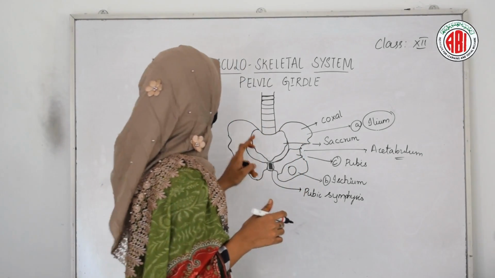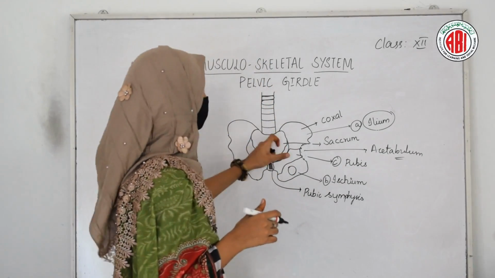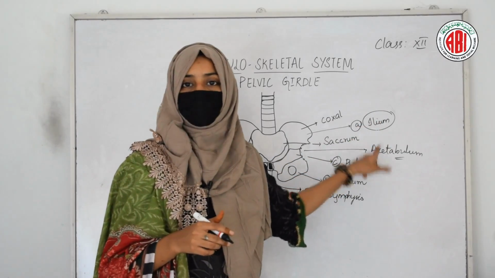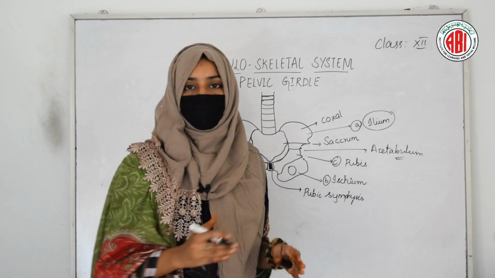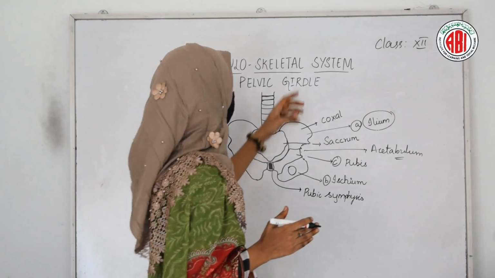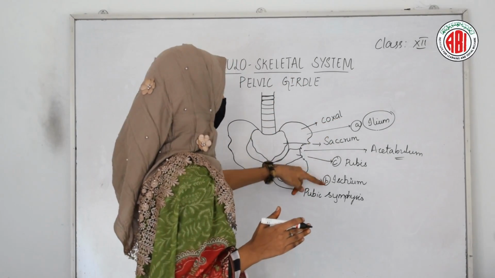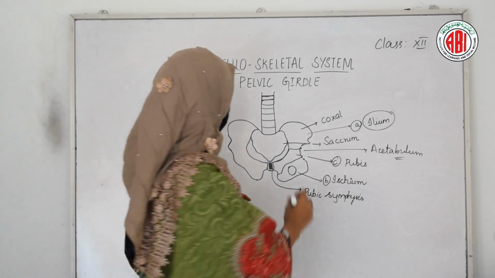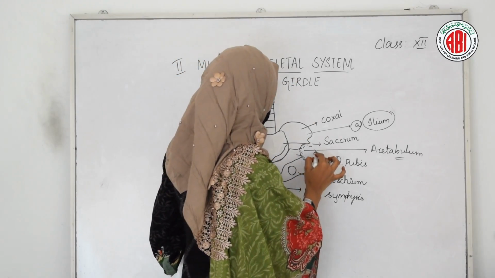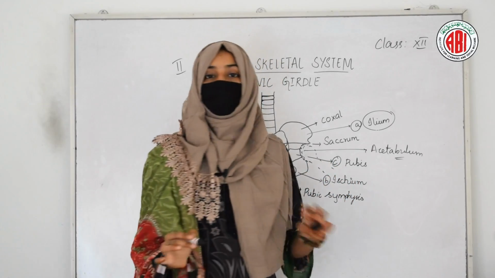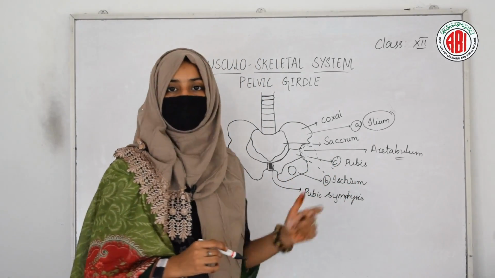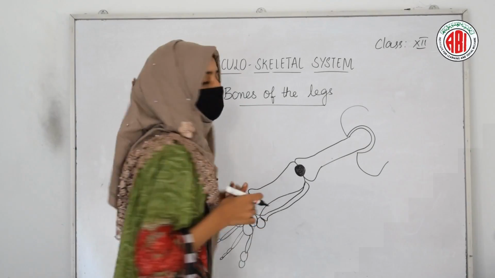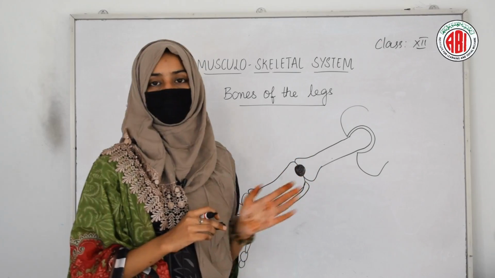So the bones of the lower limb can get fixed into a region called acetabulum. And acetabulum is a cavity, or a depression, which is formed by the three regions, ilium, ischium and pubis of our coxal bone. Now let us see how this acetabulum provides the space for the bones of our leg. Let us see the arrangement of the bones that can be seen in the lower limb.